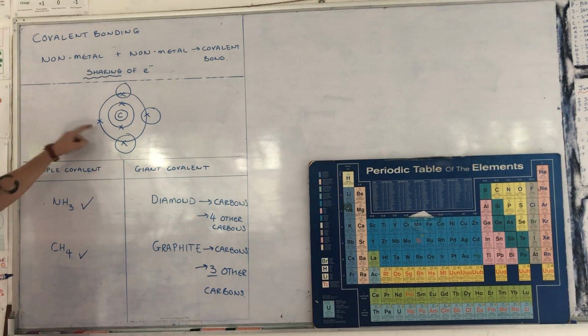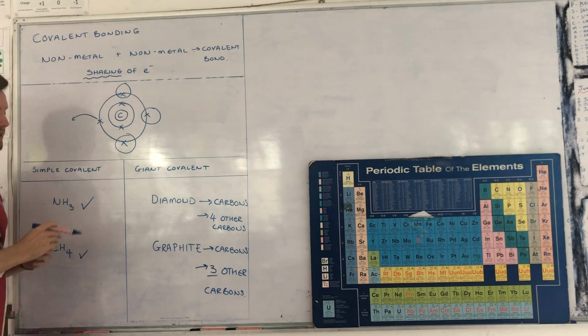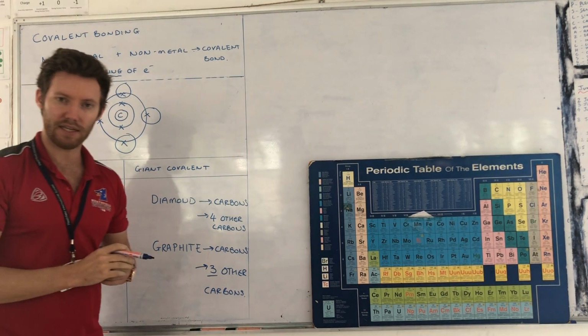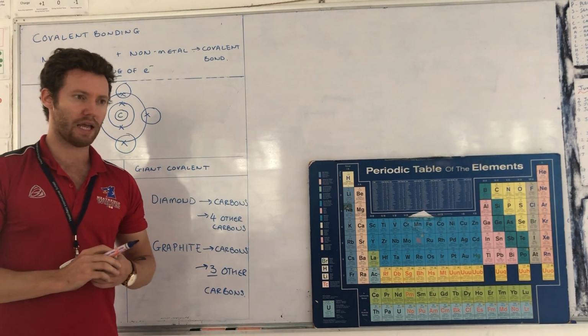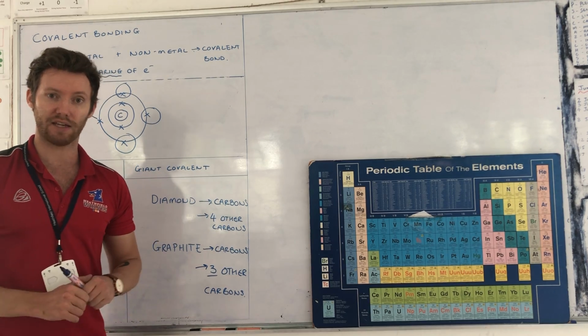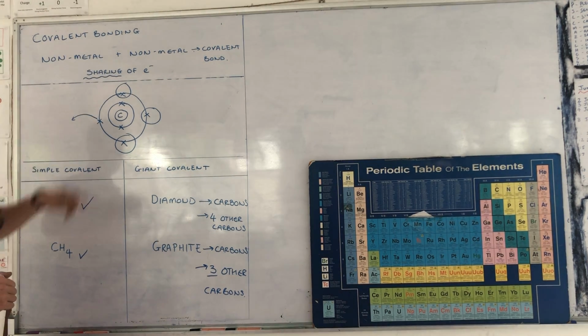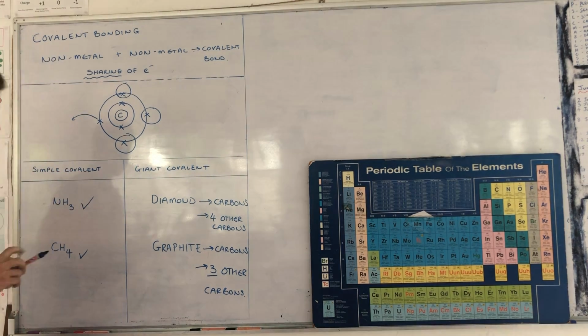What is happening now with this 1 electron? It is going to be donated into a sea of delocalized electrons. A very difficult term. If you watch the next video on metallic bonding, you'll be able to gain a further understanding about this. But we are losing this 1 electron, and this is the electron that is going to be able to